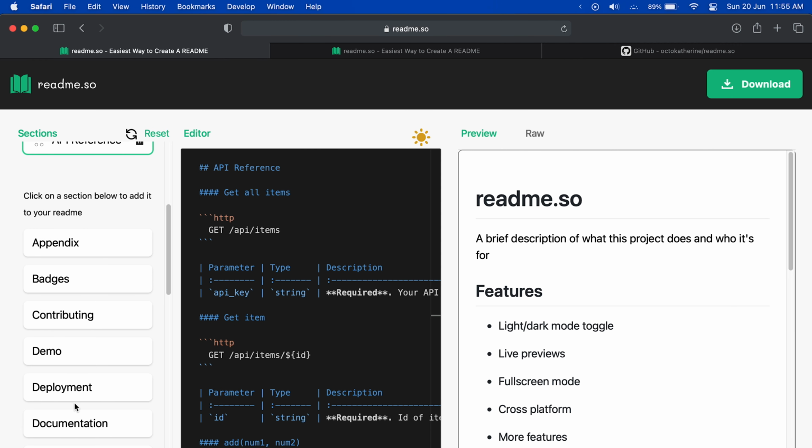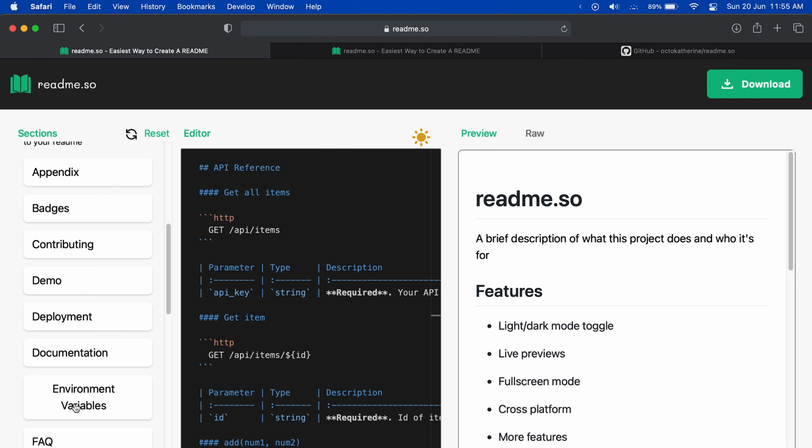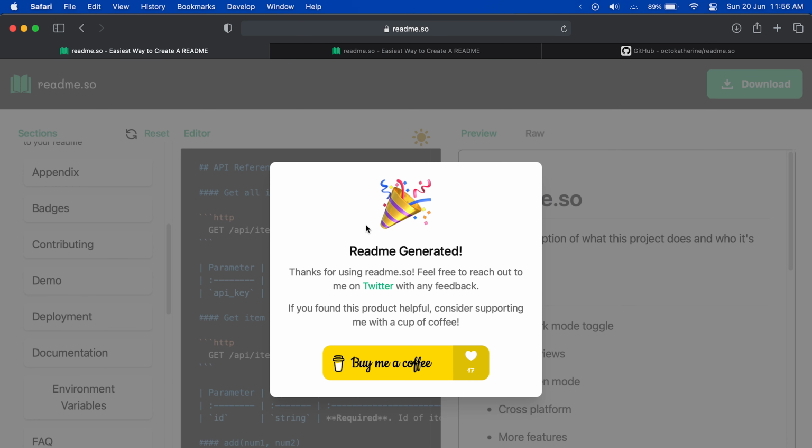You can see there are a lot of different sections available, right? You can add contributing, demo, deployment, documentation. This is just a starter template, with starter sections available, where we can add the details that we want. Ideally, if you are building a readme file from scratch, it will be very difficult. But this tool provides every detail in one place, and you can select whatever you need and add it to your readme file. Once everything is added, you can download this file as well, and if you want to support the creator, you can do that as well. So these are the different features available in readme.so to create the readme file for you.